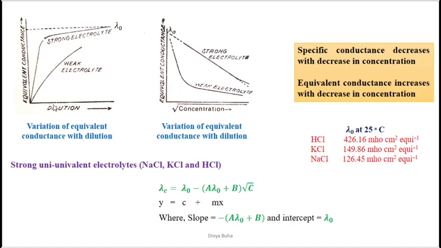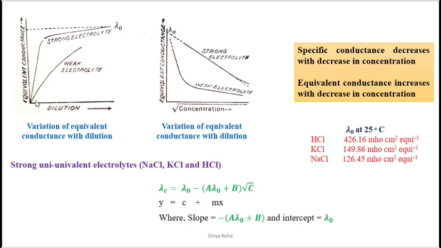Okay, so with the decrease in the concentration, or you can say with the dilution, the equivalent conductance of the strong electrolyte increases. So here also in this figure, where we have taken a graph of equivalent conductance versus the concentration, you can see that as the concentration increases, equivalent conductance decreases, right? Because the nature would be opposite to the previous one. So you can see that initially in the highly dilute solution, the equivalent conductance would be maximum, and as the concentration increases, the equivalent conductance would decrease, right? So this is the case for the strong electrolyte.